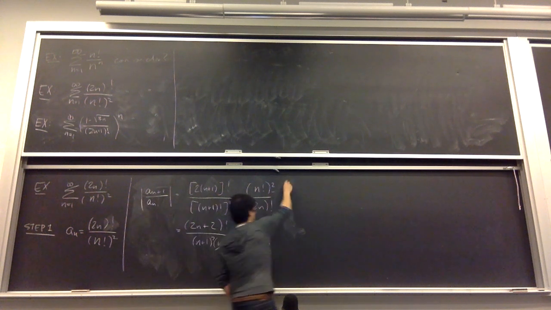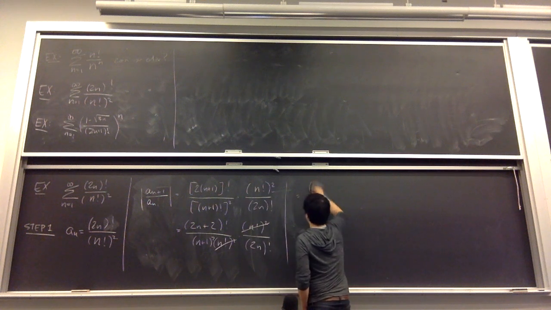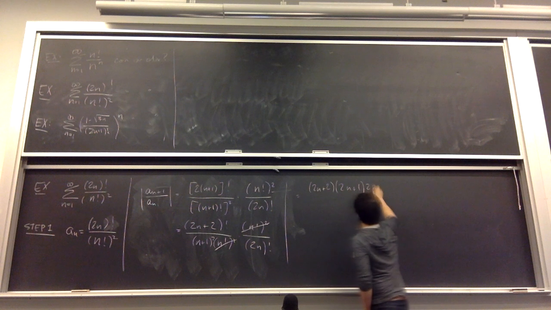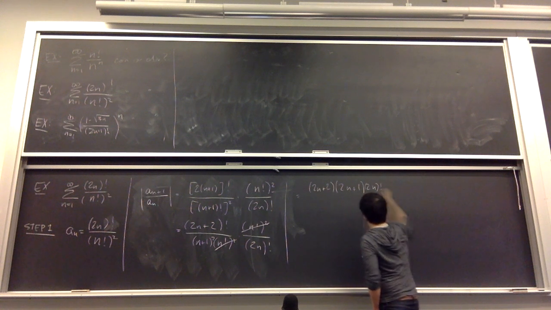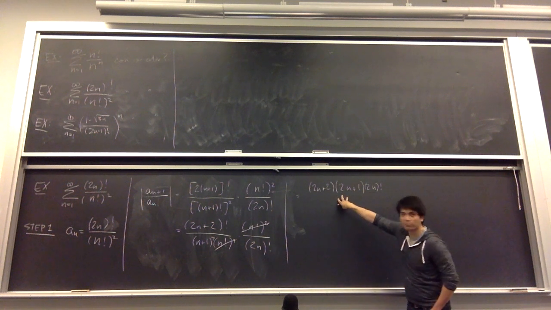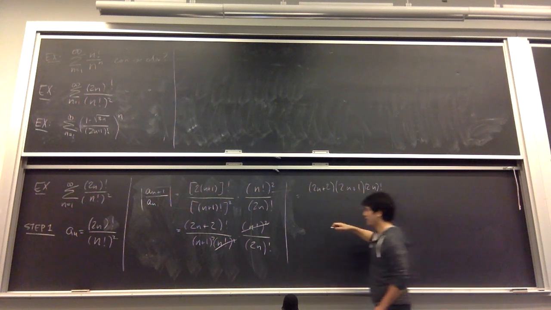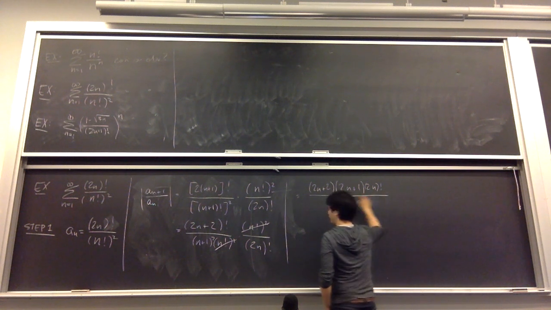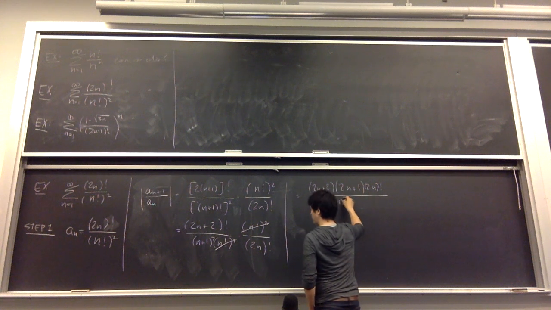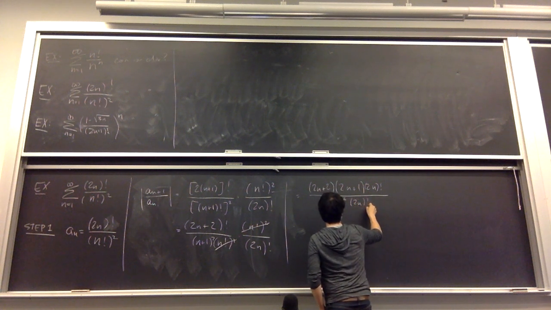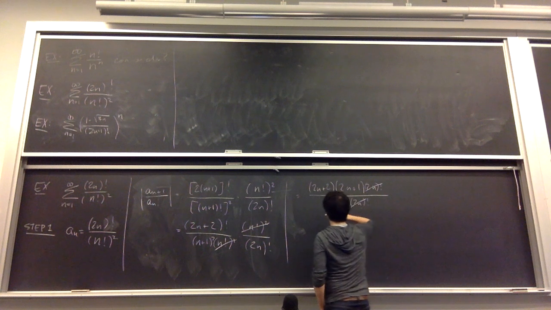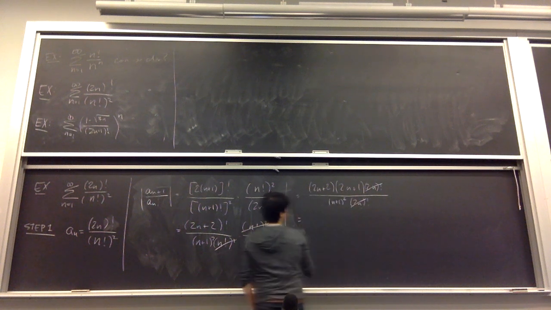Maybe I should just write out a few of the terms. I wouldn't ever write this out really, but you get this. This is (2n+2) factorial. I can count down. And then that's going to be over (n+1) squared, (2n) factorial. That will cancel with that. And what are you left with? Okay, we're left with 4n